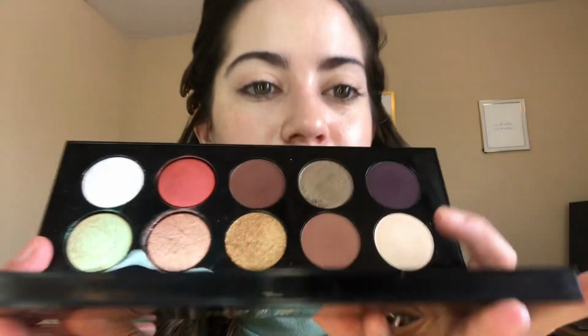So to give myself a nice little base to work off of, or, not base, what am I trying to say? Complete brain fart, I don't even know what I'm trying to say. Just a nice little, I don't know, let's go with base because that's the only word I can think of. A nice shadow to ground this look. How about that? I'm gonna go in with this beautiful mid-tone brown in the shade Entrapment on this little Luxie 250 large blending brush, just into my crease,